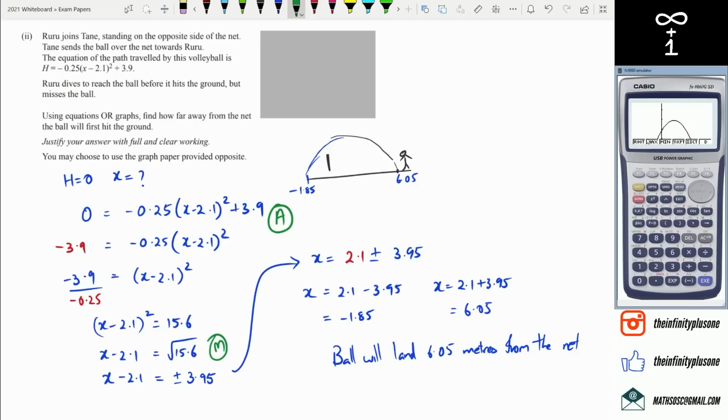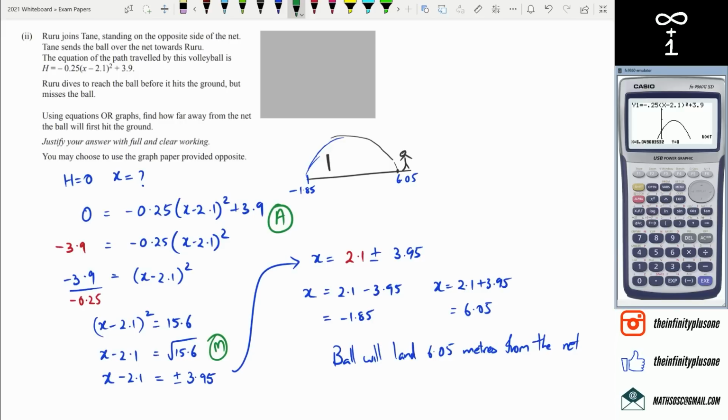roots. So roots are basically just your x-intercepts and your y-intercepts. So if you look at it, that's the first one, negative 1.85, and then you click on the arrow, the next one is 6.05. So you can put that equation straight into the graphics calculator, the graphs mode, and get those two values and put that on, because